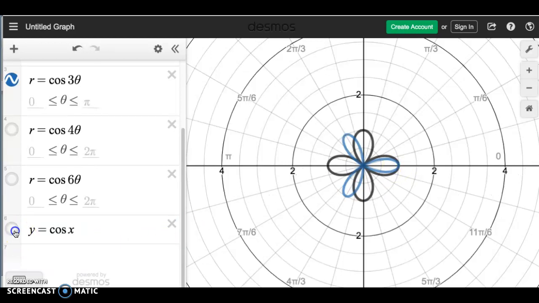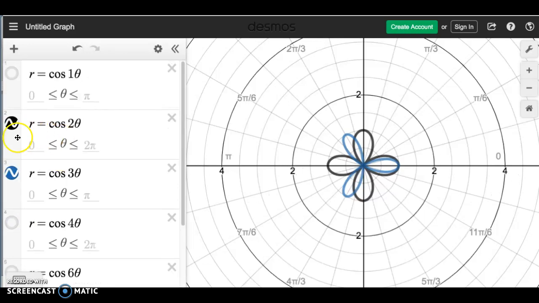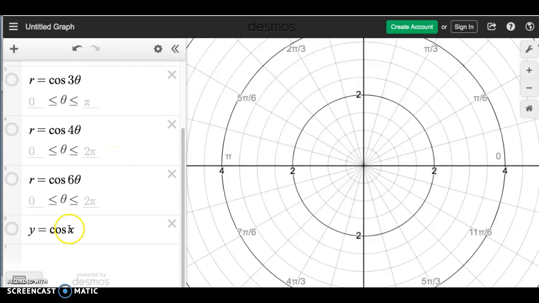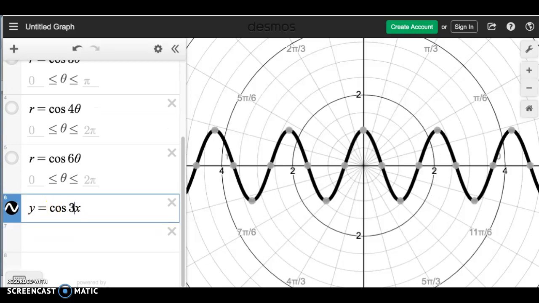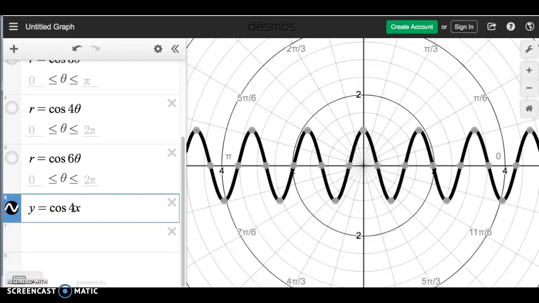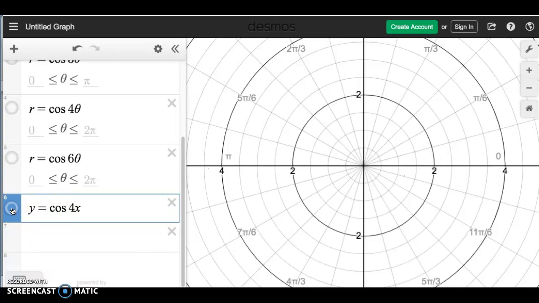So my question to you is, how would we produce these graphs relatively quickly without going through and making a rectangular grid every time? I don't want to produce 2 cosine x every time. I don't want to do y equals 3 cosine x. I don't want to do y equals 4 cosine x. What's happening here every single time? What are our key values here? Well, let's go back over to